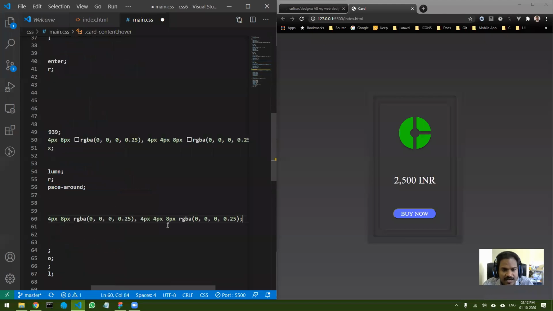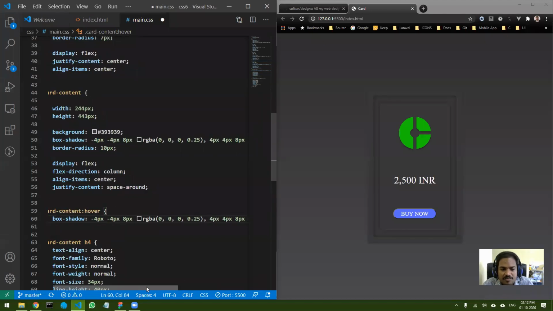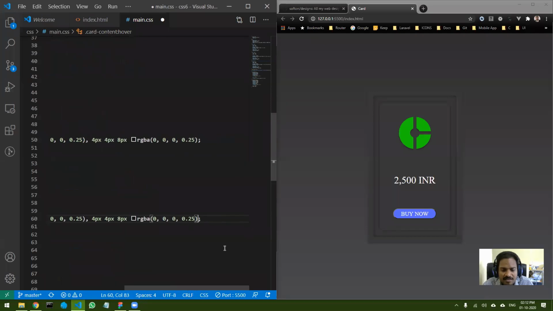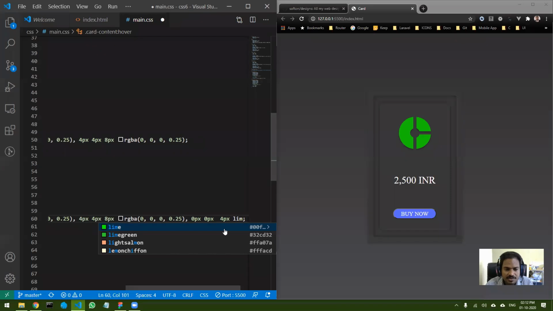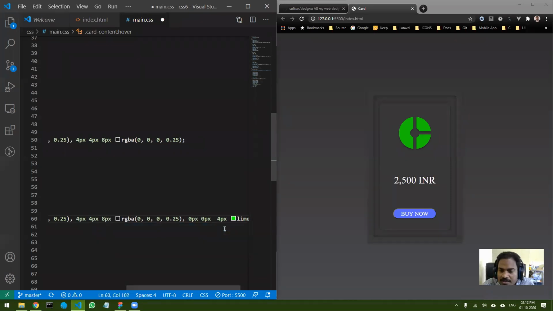Along with the box shadow, I'm going to add a third shadow. Right now there are two shadows. I will add a third shadow, which is 0 pixels, 0 pixels, that is X and Y. Now a blur of, let's take 4 pixels. And a color of lime green, or lime, let's take lime. When I set that, now if I go over it, you can see I get a nice little